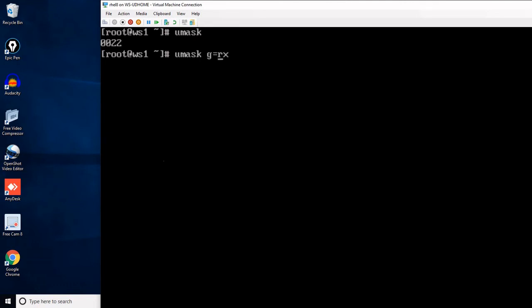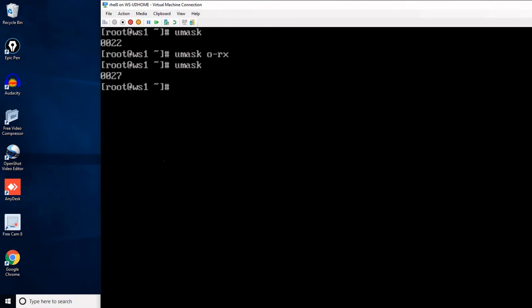I don't want the minus, so for others, minus, and rx. Now you can check the umask. It is changed to 027. I cannot simply overwrite it because it is already set. I have to use the plus or minus symbol to add or remove values.